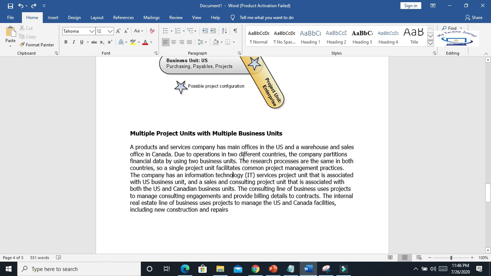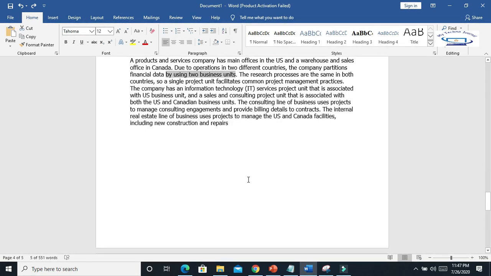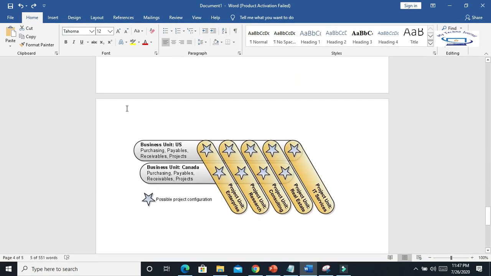Because the operation is in two different countries, we need to partition the financial data by using two business units. But they have different kinds of operations and services. They have research, they have IT service, they have consulting engagements, and for that purpose, you have to create multiple project units here and assign them to their respective business units.